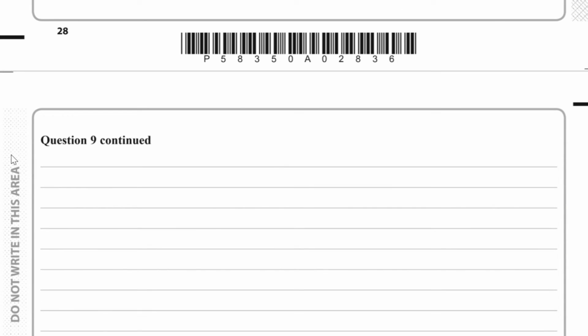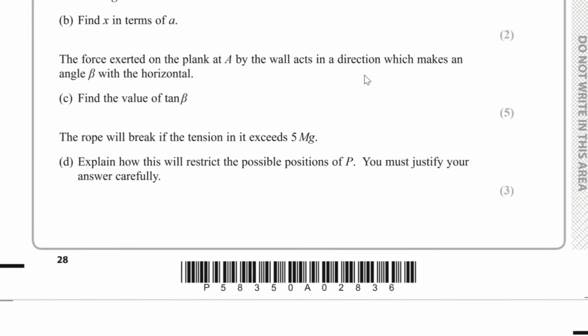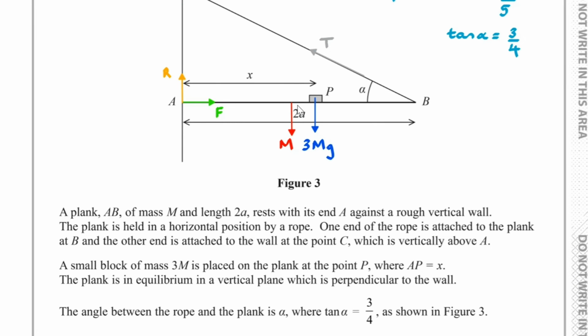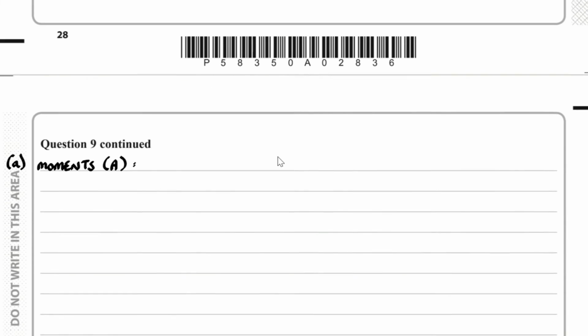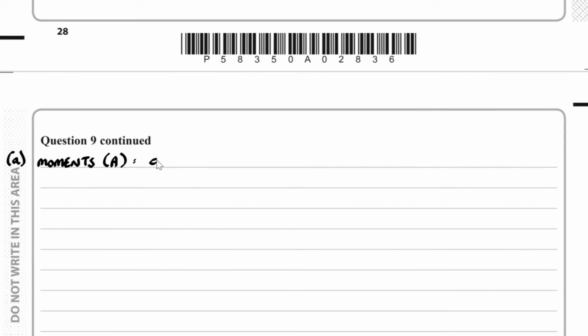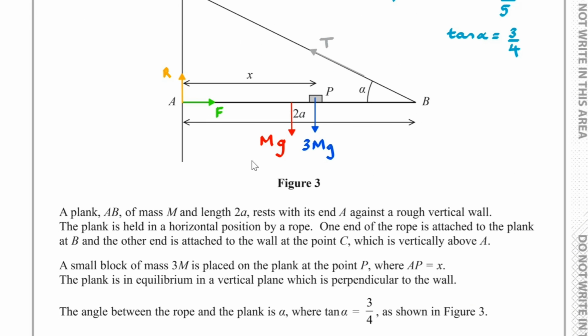So for part A, if we take moments about the point A, then from A to the center, this distance will be half of the 2a, which is a, and I multiply that by m, and then here I've got g with it, because it's the weight of the plank. So I've got a distance of a multiplied by mg. So I've got a multiplied by mg, and then I have x multiplied by 3mg,